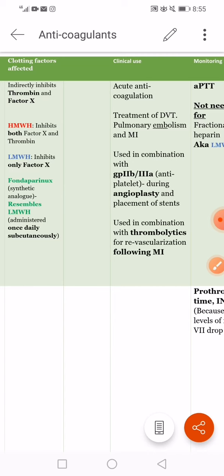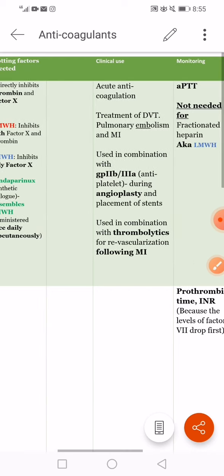So what is the clinical use of heparin? One thing to remember is heparin and acute anticoagulation. When anticoagulation is needed promptly, that is when heparin is used. So what can be the conditions? A prompt treatment of deep venous thrombosis, which might be threatening the viability of a limb. Pulmonary embolism, which might be fatal if not taken care of. And MI, which if not taken care of could lead to extensive damage to the heart and finally death. So these are some of the conditions in which you can use heparin for its acute anticoagulation effects